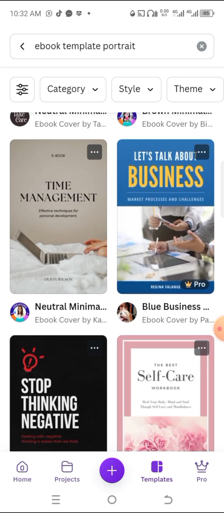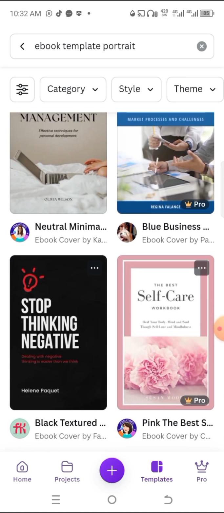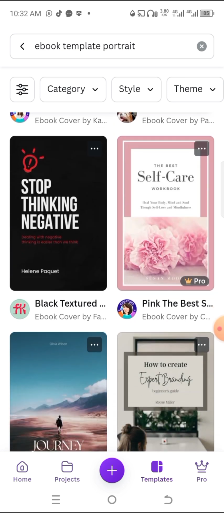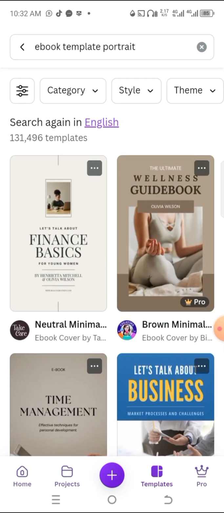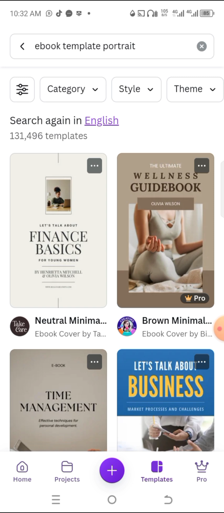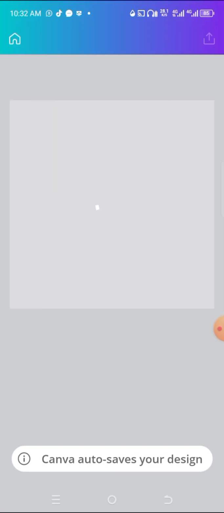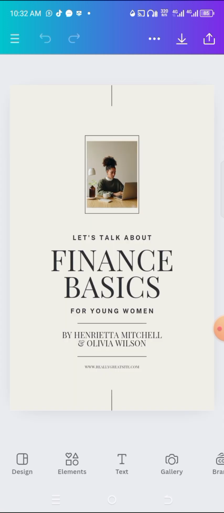Look out for the ones that are free. Most of them are pro. Look for the free ones and select one. This first one here, this is a free template which you can use for your design. But in this tutorial, I want us to design from scratch. This template we are looking at now,